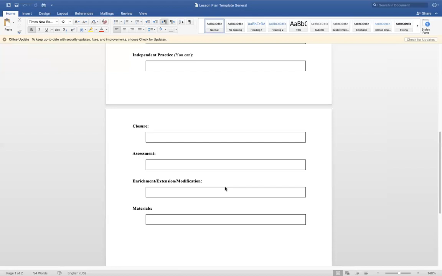So they are not limited to the rest of the class. They are not stopped just because they finished it quickly. So that's enrichment, extension, and modification. Sometimes you feel like you may need to add some kind of instruction to a certain group of people. So you may have some group learning, coming back and working together, or modify the way that